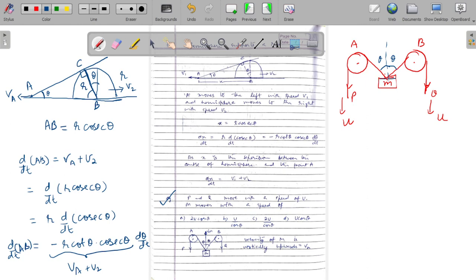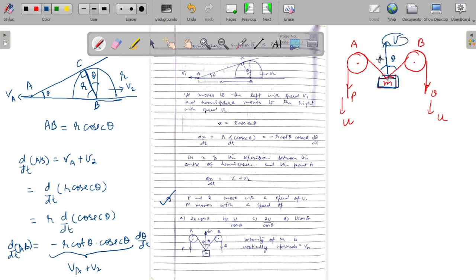Now, in which direction do we think this mass M would be moving? So this mass M would be moving vertically upwards, right? It would be moving in vertically upwards direction with the velocity v. Let's say that velocity is some v. So since the mass M is moving with the velocity v, the point on the string which is in contact with the mass M would also be moving with the velocity v.